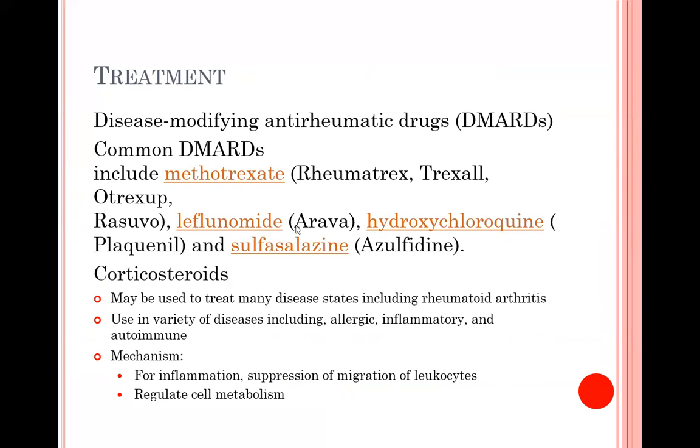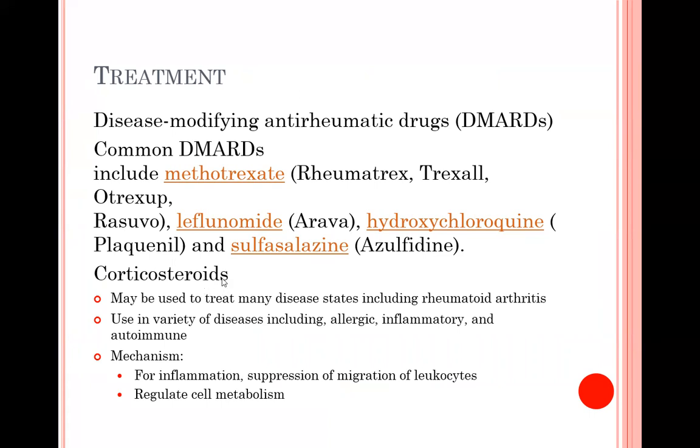Leflunomide, and then hydroxychloroquine, which might sound familiar because it was talked about during COVID as a potential treatment for COVID-19. That's often given to patients who have rheumatoid arthritis, and then sulfasalazine, and corticosteroids,